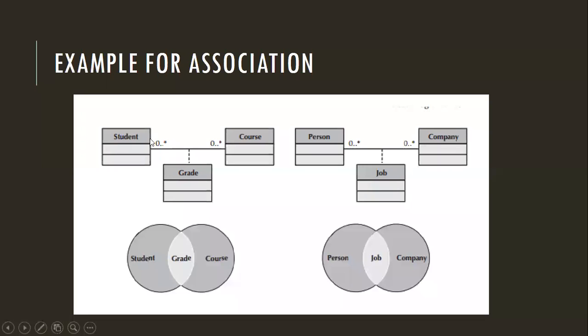Look at this. So student is a class. So when you are talking about the attributes of the student class, we can say student name is an attribute, student address is an attribute, student phone number is an attribute, student's email ID is an attribute. Things that are related to or describe the student are known as attributes.